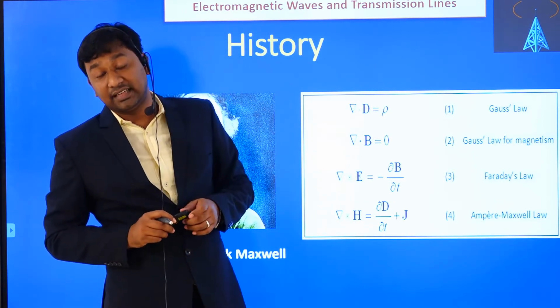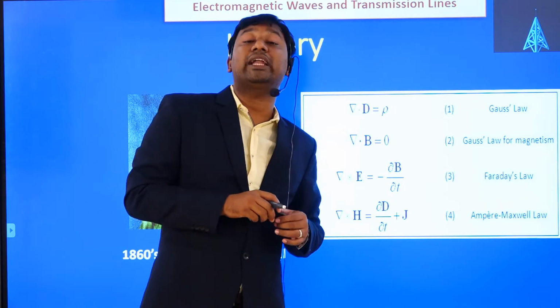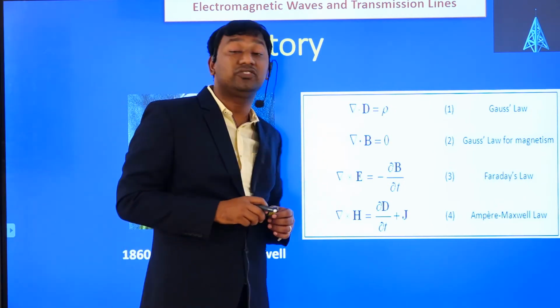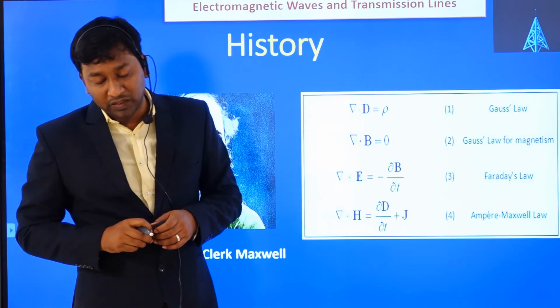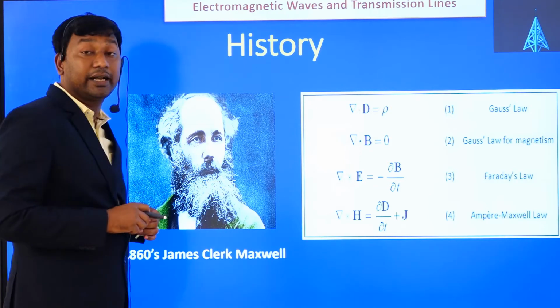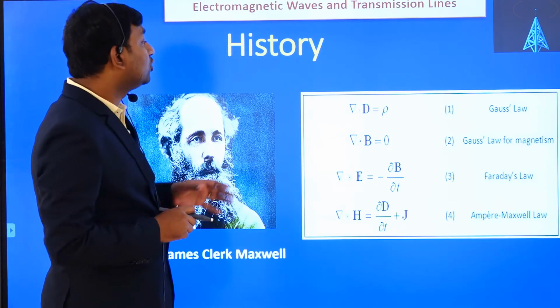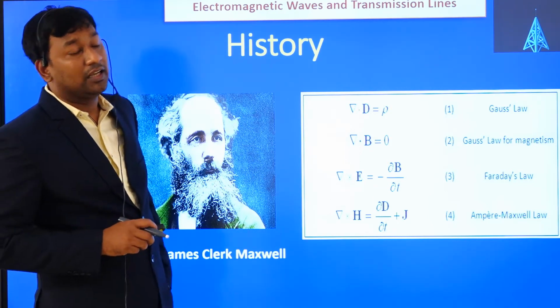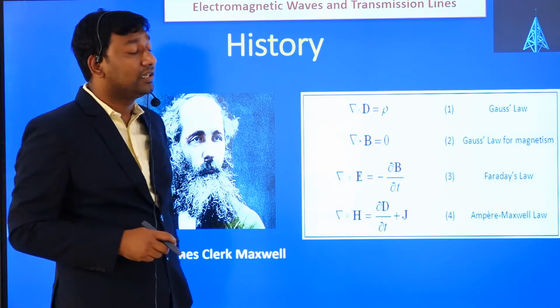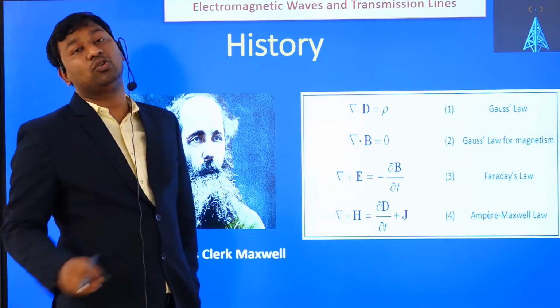And the next one is modified Ampere's law, or we can call it Ampere's Maxwell law, that is del cross H equal to J plus dou D by dou t. So D is the displacement current density and J is the current density vector. Those are the governing equations by Maxwell in 1860. He developed those equations; he actually rearranged all of them.